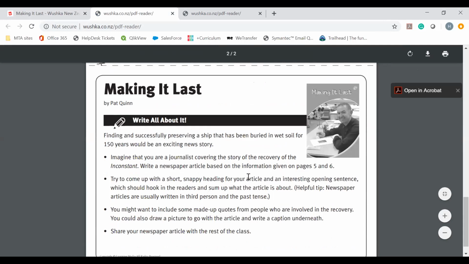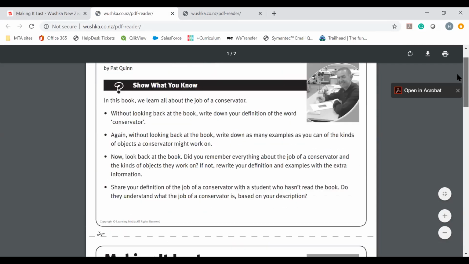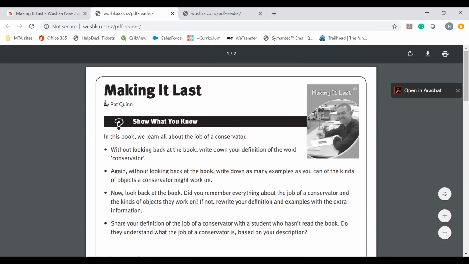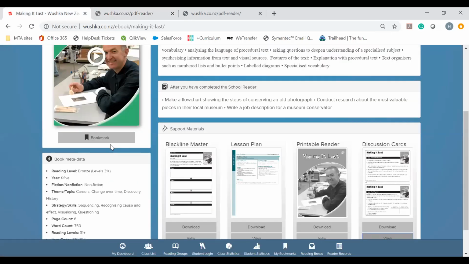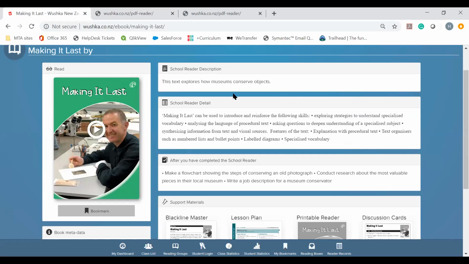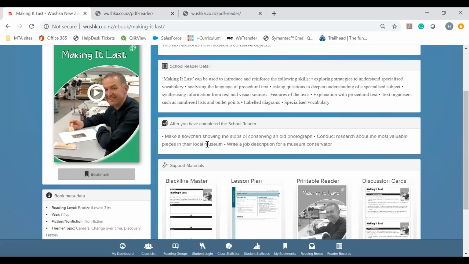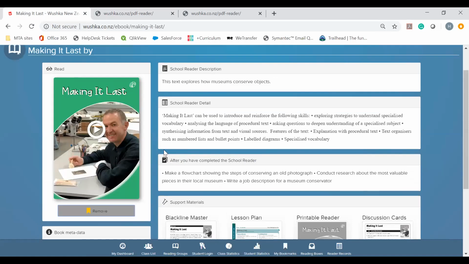So you may select a book and you can break it down, and these can be the follow-up activities for the rest of the week if you wanted to, depending on how long it takes your students. If you open up a book, you like the detail that's included and you would like to include this into your planning, click the bookmark and it will add down into my bookmarks. When we jump into reading groups a little bit later on, you'll be able to see what books you have bookmarked, and that will just make your planning really easy because you'll know, oh, I liked that one, perfect, I can add it. So to open a book, you'll click on the play button